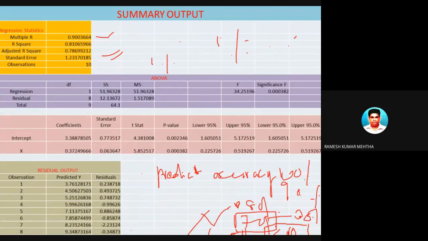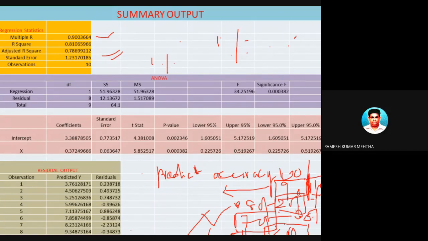This one is another example. 80% means able to predict 80%, but 20% it is not explaining. So the error term is 20%. Third one is 90% accuracy, or 90% is the strength of the model. 10% it is not able to predict, or there is an error. So error is still there.